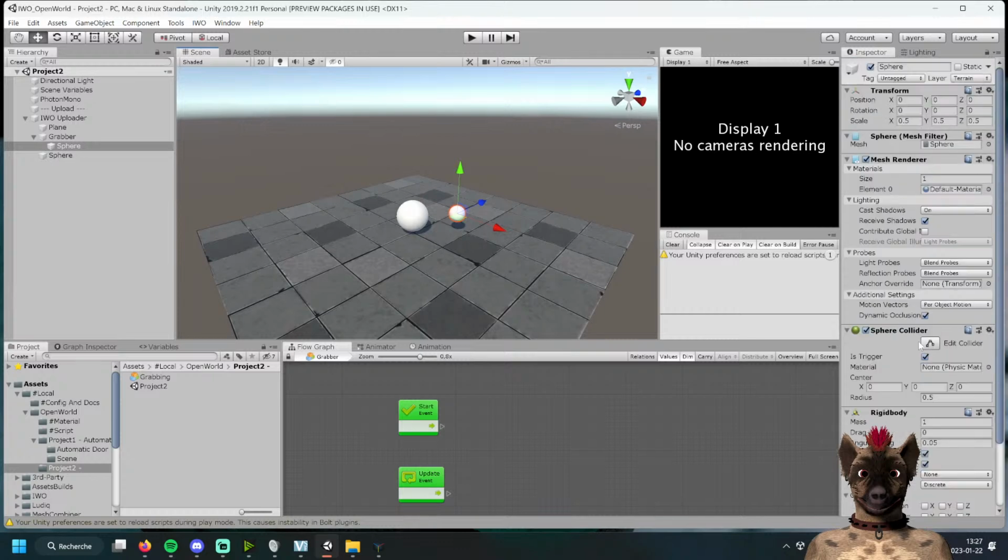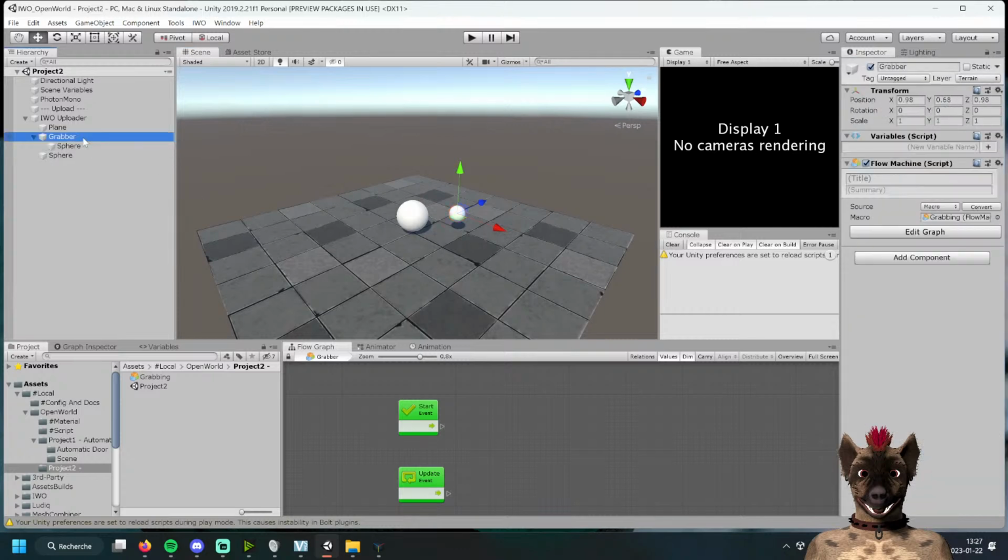So where's my script? Grabber here. I'm pretty much guessing we need access to the sphere. Maybe not, in fact. Okay, so what we want,